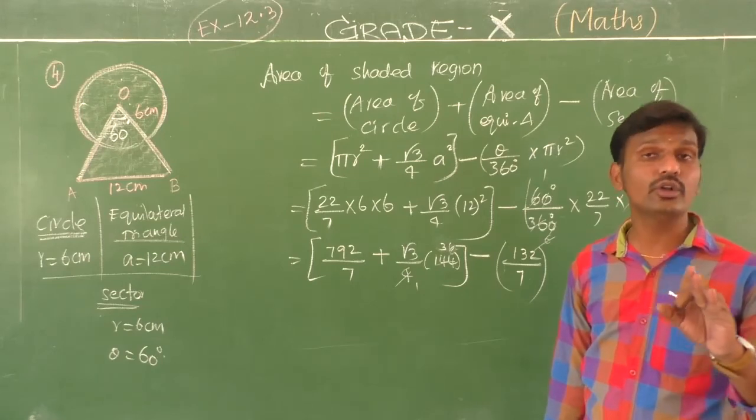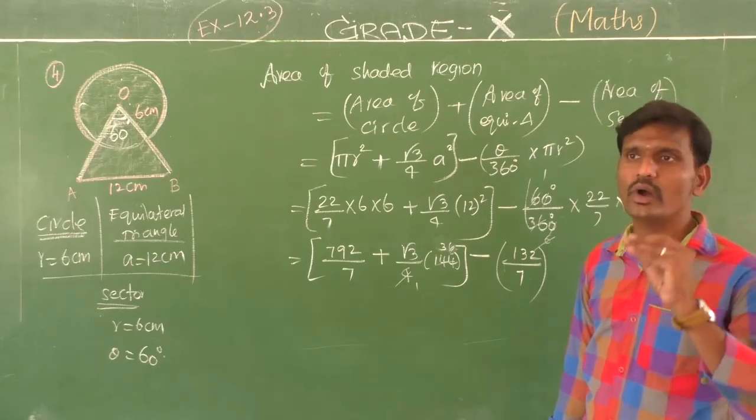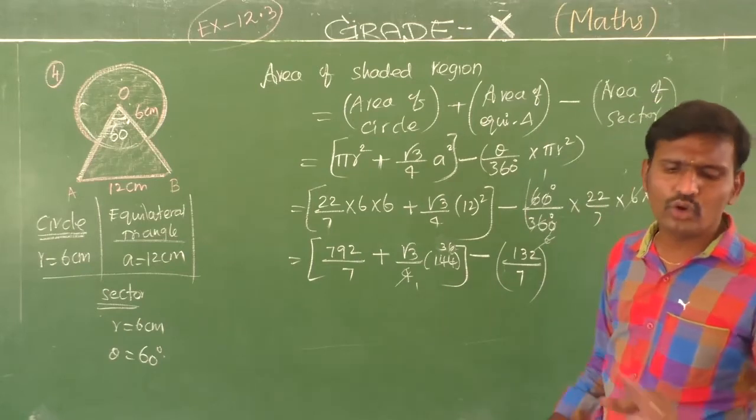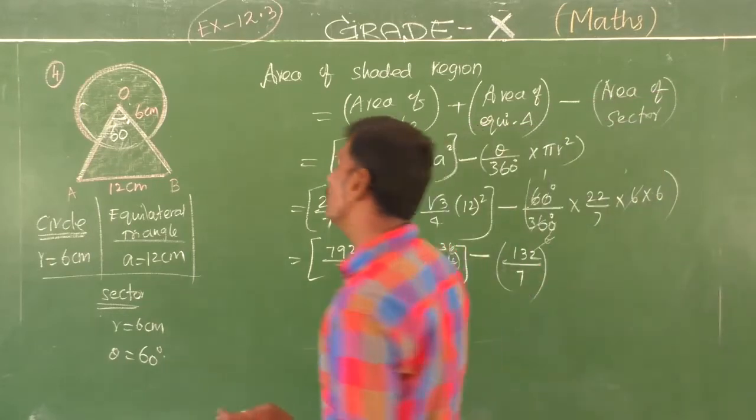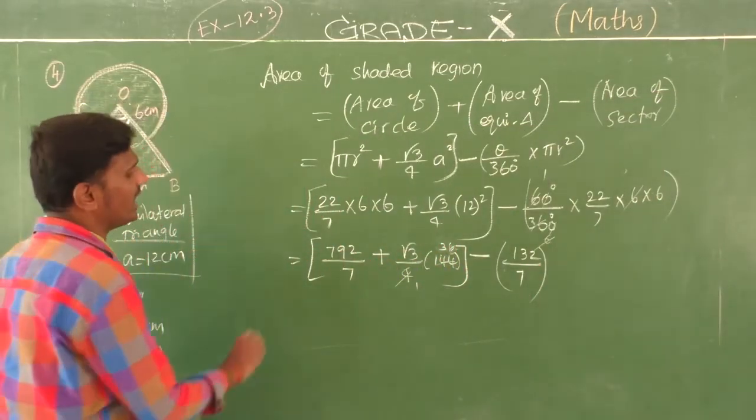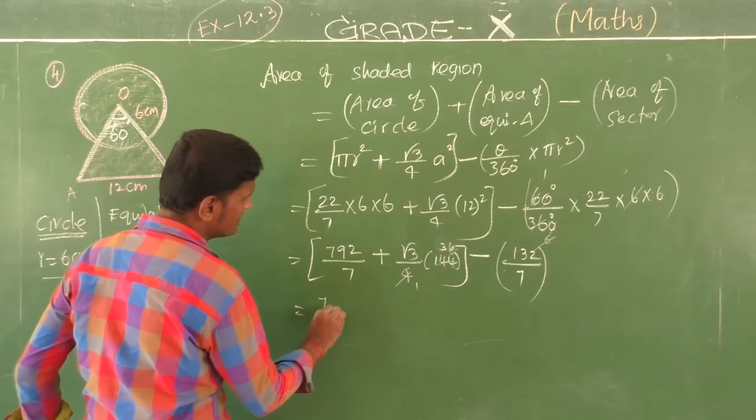7 only. They told us root 3 equals 1.7. For this question you don't have that, so just write root 3. You don't want to substitute anything. So students, now listen.